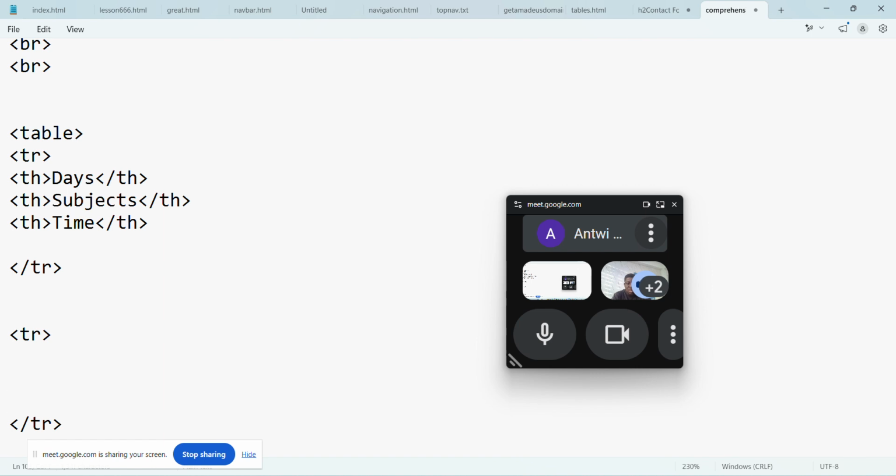So we put our table data, table data opening. The first item you write will fall under the first table header, that is the days. So now we say Monday, then we close the table data. If I write something again inside this same table row, that second item will fall under the header called subject. So for subject, I will say